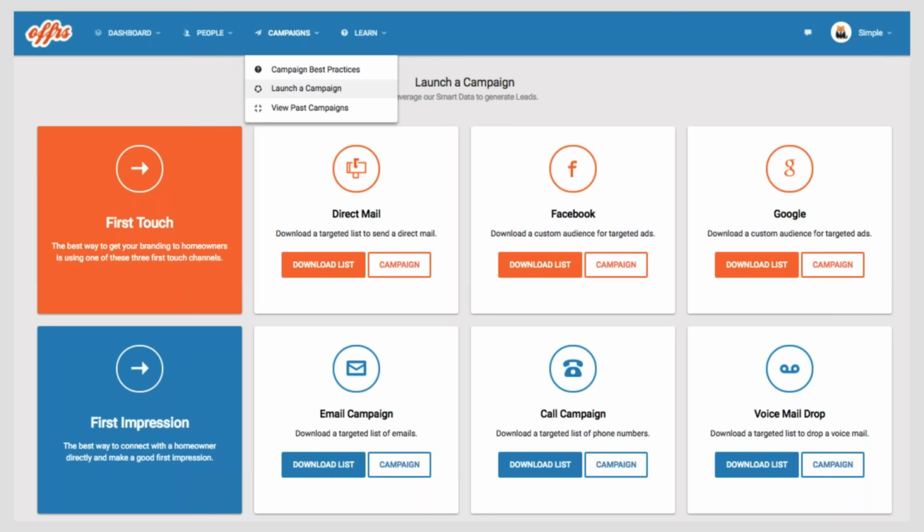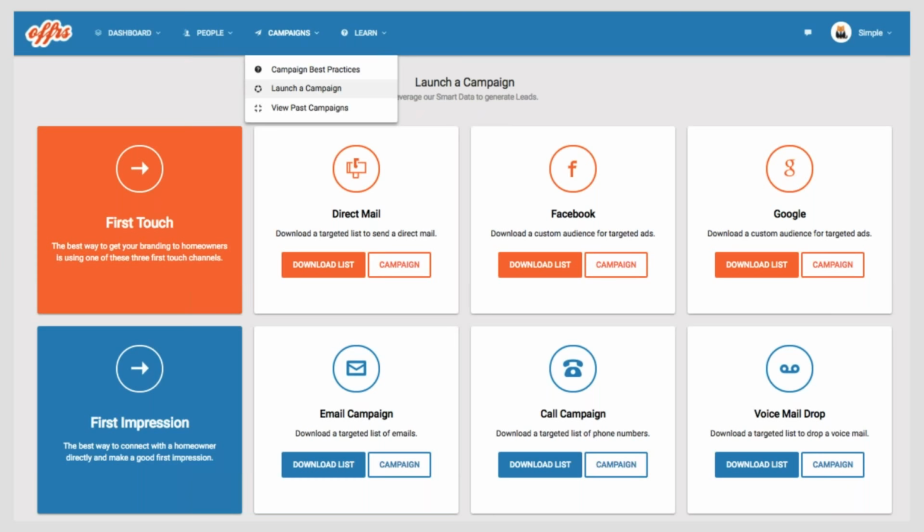You want to make sure that first touch and first impression are aligned. So if they start seeing your advertising, they get something in the mail, you provide them a door opening to make the introduction. That's the key to a first touch and first impression. And we're going to give you 8 ideas on how to do that in a minute. But it's